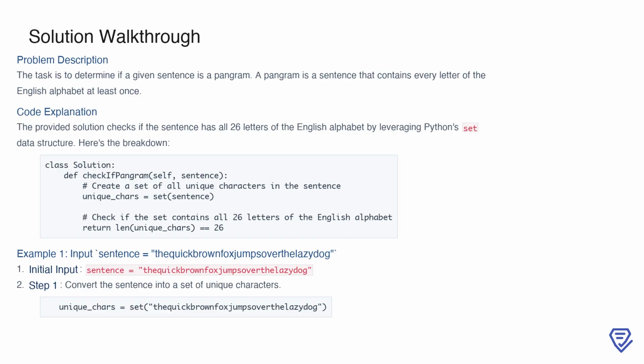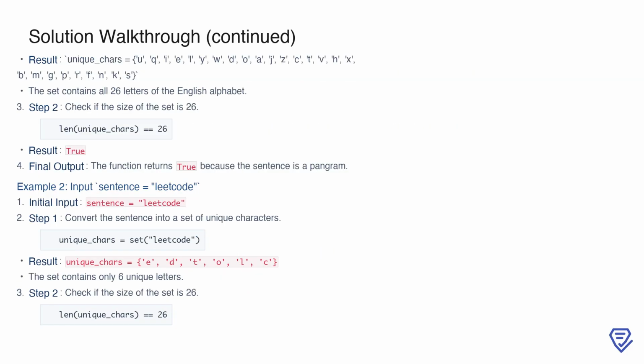If it does, the sentence is a pangram, and the function returns true. Otherwise, it returns false. For example, consider the input sentence equals "the quick brown fox jumps over the lazy dog." First, we convert this sentence into a set of unique characters by calling set on "the quick brown fox jumps over the lazy dog." Here, the result of converting the sentence into a set gives us unique_chars equals U, Q,